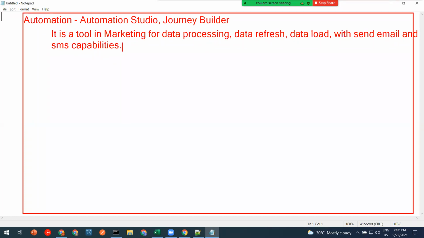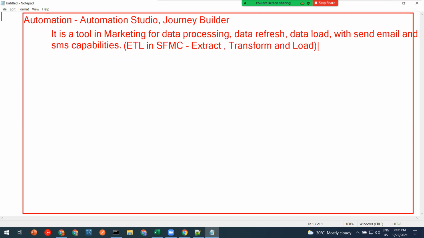And if you want it in a simple word, ETL in SFMC. And ETL stands for extract, transform, and load. This is basically heavy lifting of data. So let's assume that you have bulk files which you want to upload into a Marketing Cloud data extension. You have a data extension which needs to be auto refreshed before sending the email, because there might be new subscribers coming in or old subscribers going out.